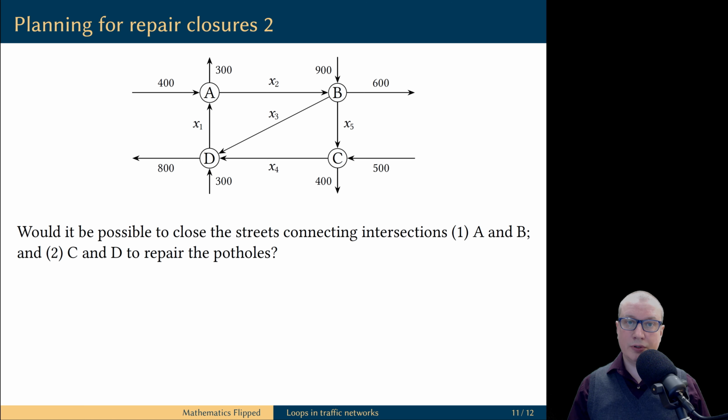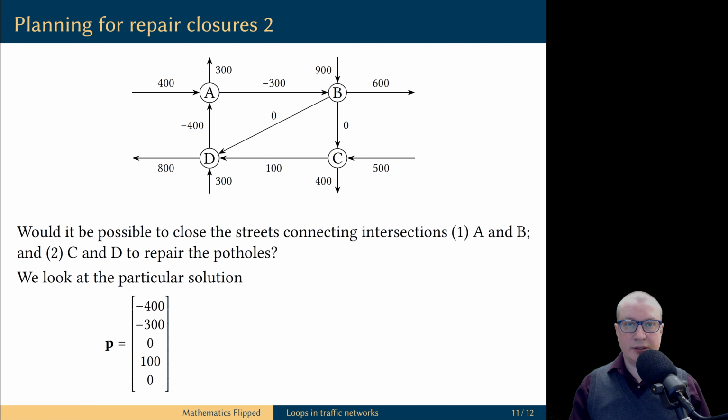Suppose we want to close two streets for traffic. First, the branch that goes from A to B, and second, the branch that goes from C to D. In other words, we would like to find a solution that balances this traffic flow such that x2 is equal to 0 and x4 is equal to 0. Let's start as always with our impractical particular solution, and we will try to modify this solution by including some